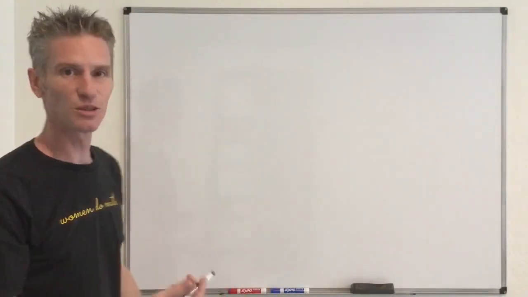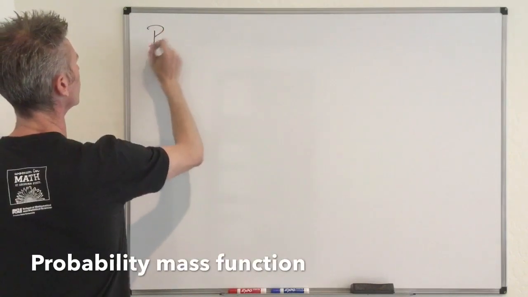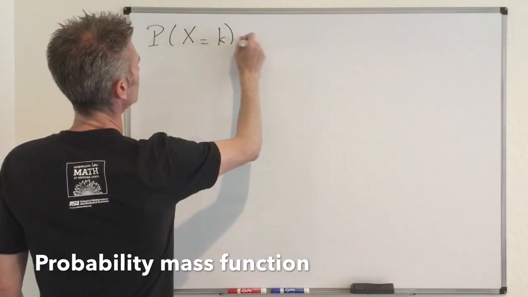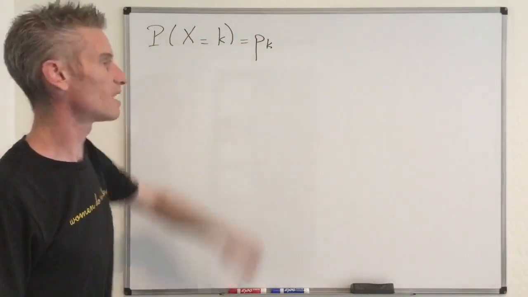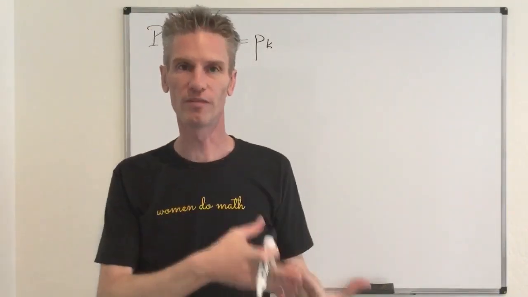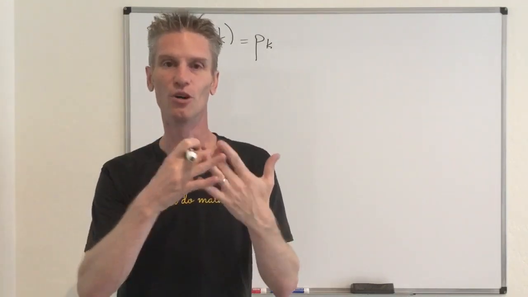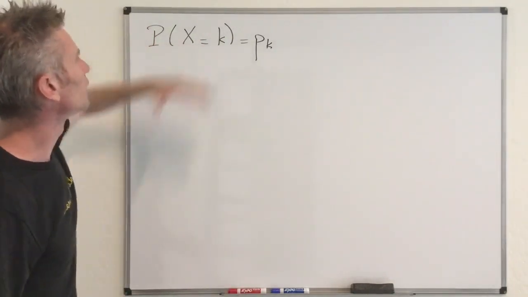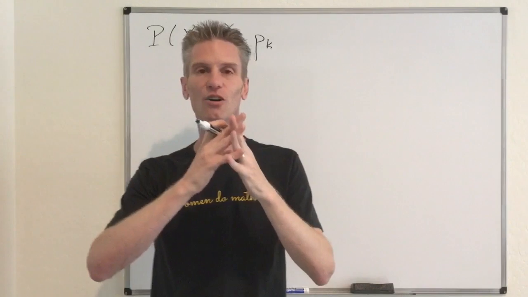Then if it's discrete, it's characterized by its probability mass function. So I'm going to write that the probability that x equals k is equal to p sub k. Those terms are the important ones. They describe the random variable itself, and those are the terms of the probability mass function. And so to generate that, the first thing we are going to do is